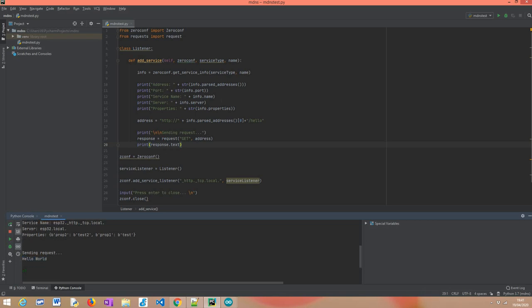Obviously, how we built the URL was one of the multiple ways. As I've said, we used the IP address directly. We could have used the host name. We could have extracted the host name from this information we have here. Actually, I did not find a way in this zeroconf library to obtain just the hostname portion, the ASP32. I'm not sure if there is one way, but I did not find it by digging in the library implementation. I think it would be more useful, but again, from the service name or from the server property, we could also get very easily the actual host name of the ASP32, the one that is being used, and we could have built this URL in a different way.